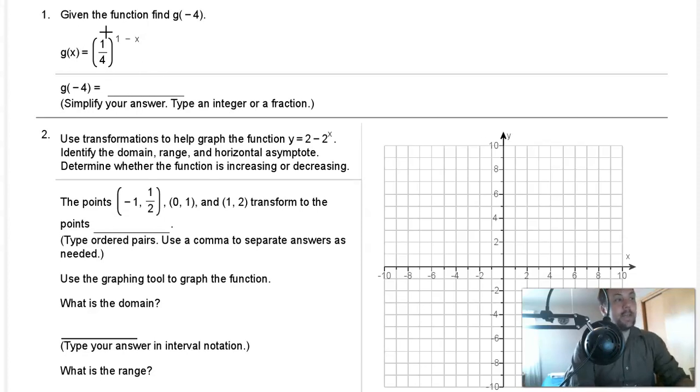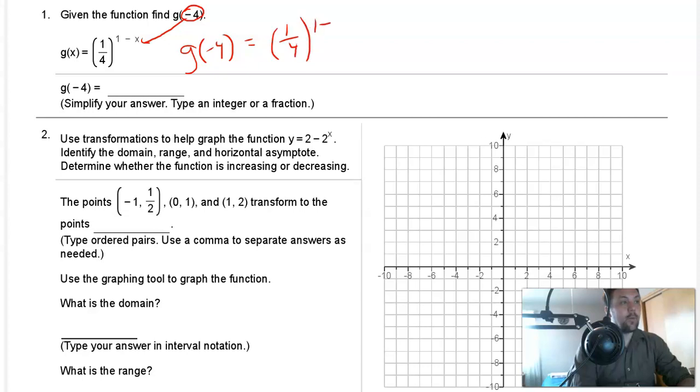Question number 1. Given the function, find g of -4. So g of x is equal to 1/4 to the power of 1 minus x. We want to find g of -4, so we're just going to plug that number in for x. So g of -4 is equal to 1/4 to the power of 1 minus -4. So be careful with that negative sign